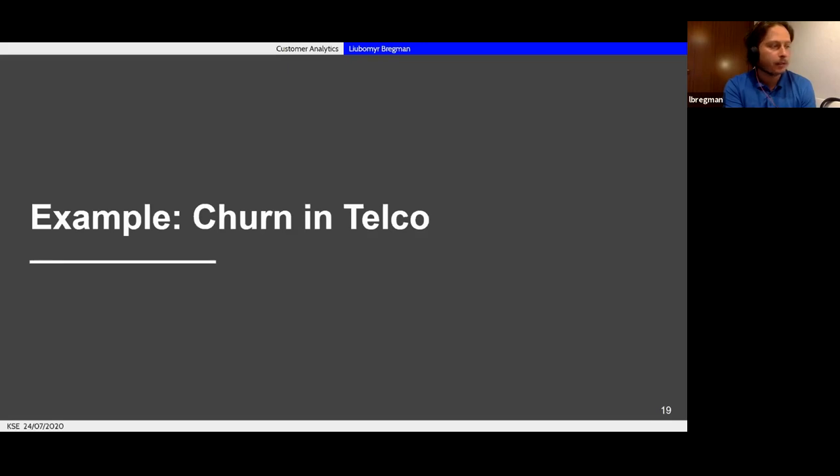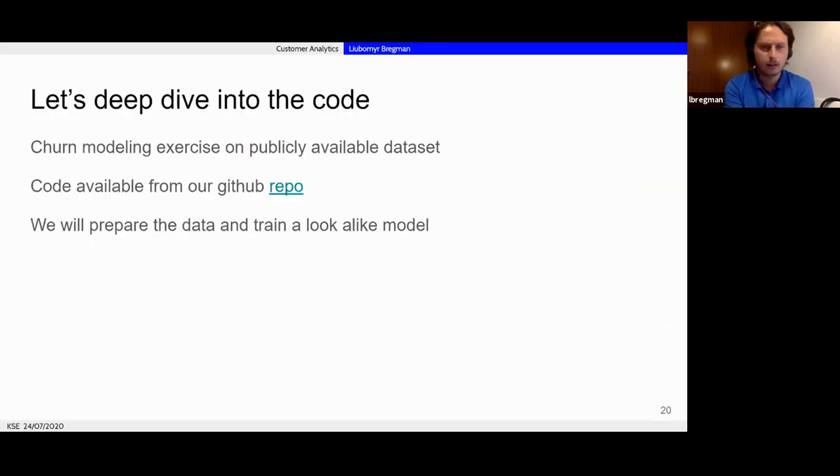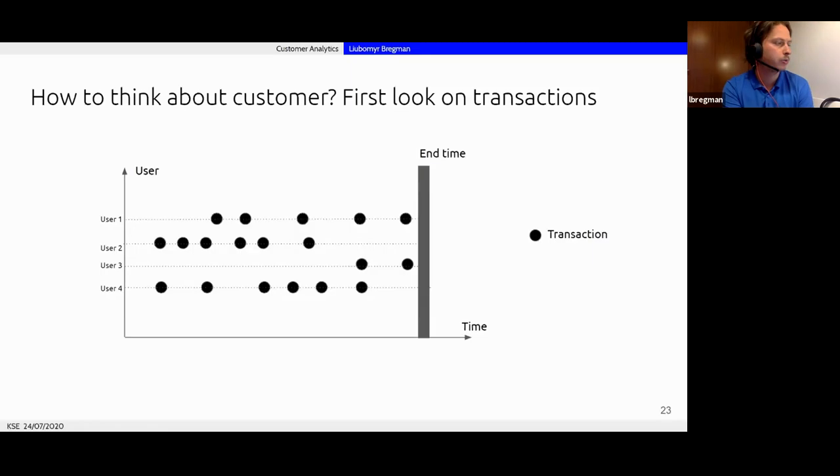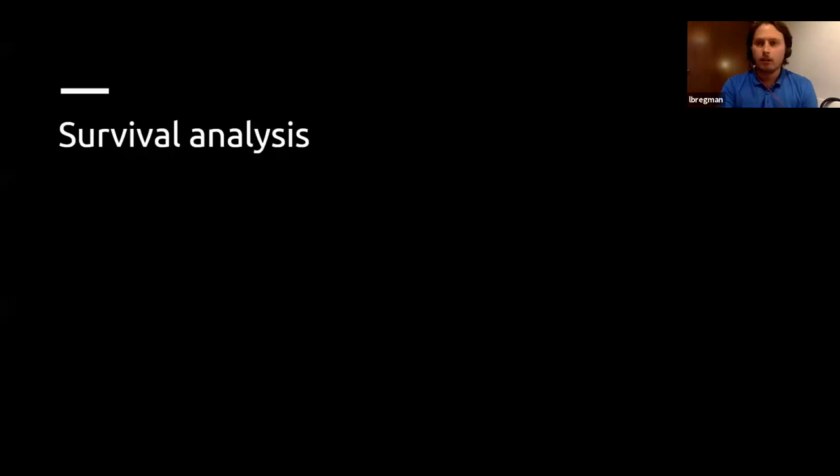I will skip now this example with the churn in telco. We will start with it tomorrow. As I told, this was the data available from IBM, and it has some restrictions, but I will switch to the last part when we go a little bit to math, and then we'll try to model that math. Okay?